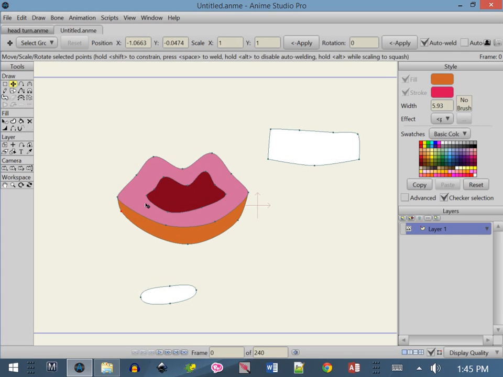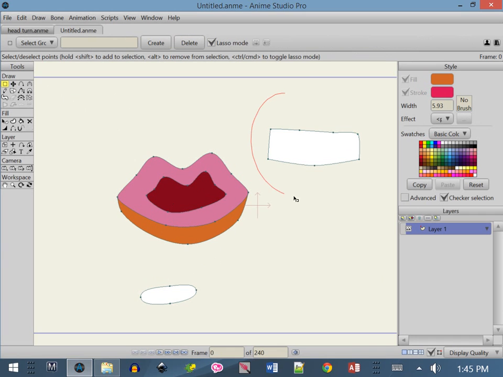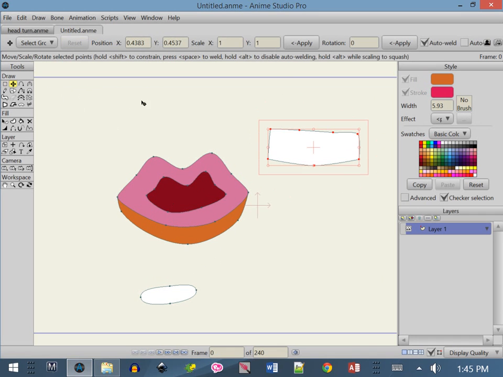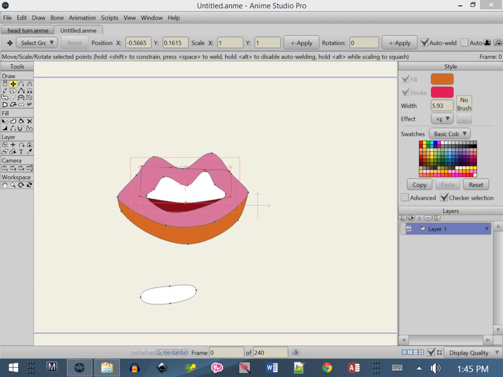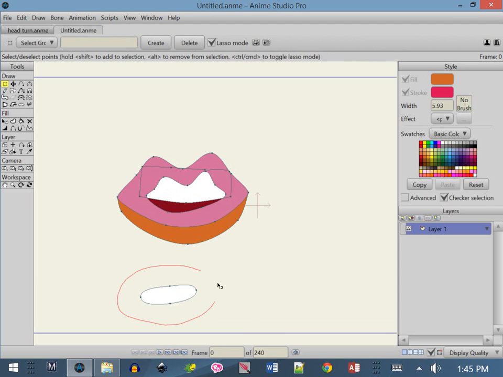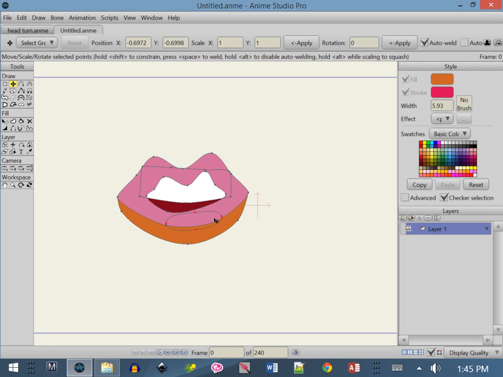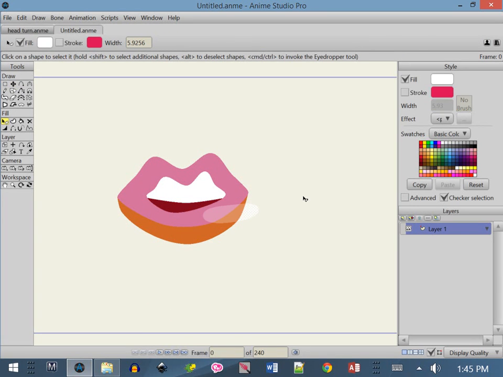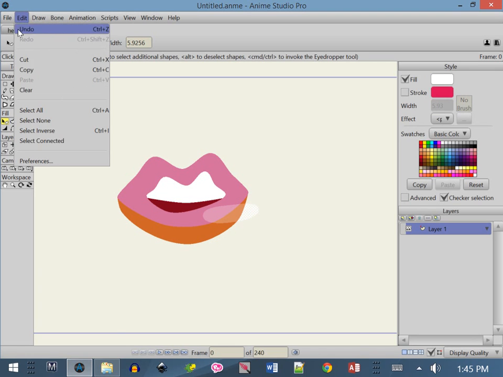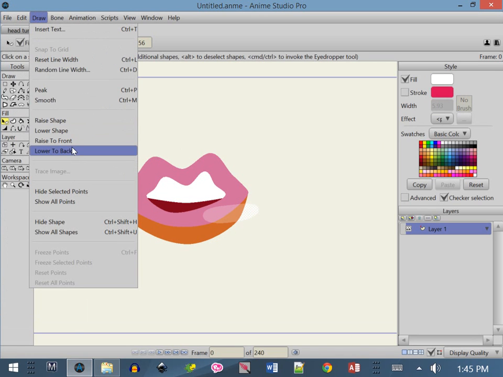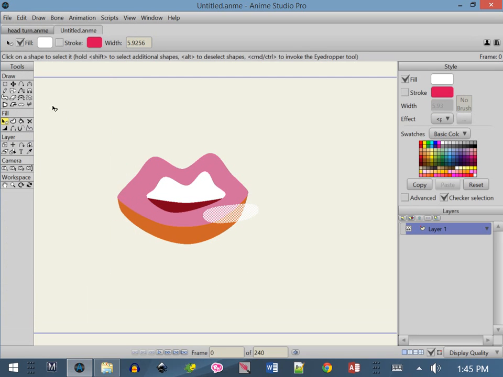Okay, now all I have to do is drag in the teeth. Now, because I drew them in the proper order that I wanted, the stacking order is appropriate. Now, you can just change that. As we see, the highlight stacking order is not correct, so I'll just select that shape, and then for the drawing, raise it to the front. So now it's on the top,